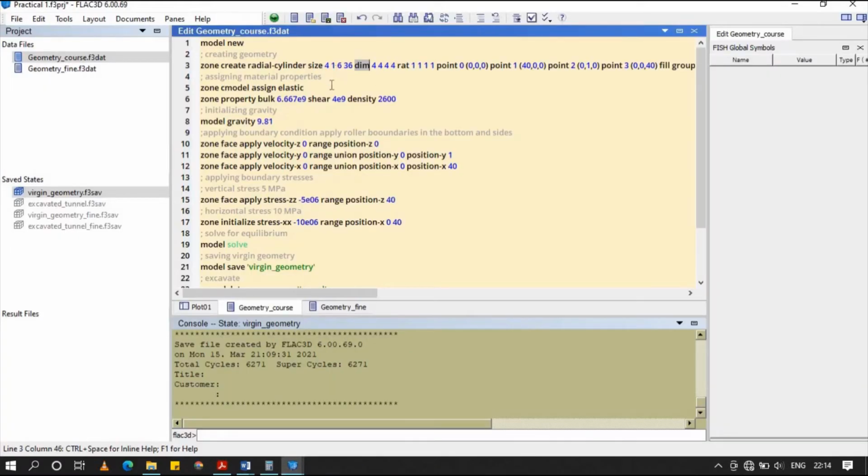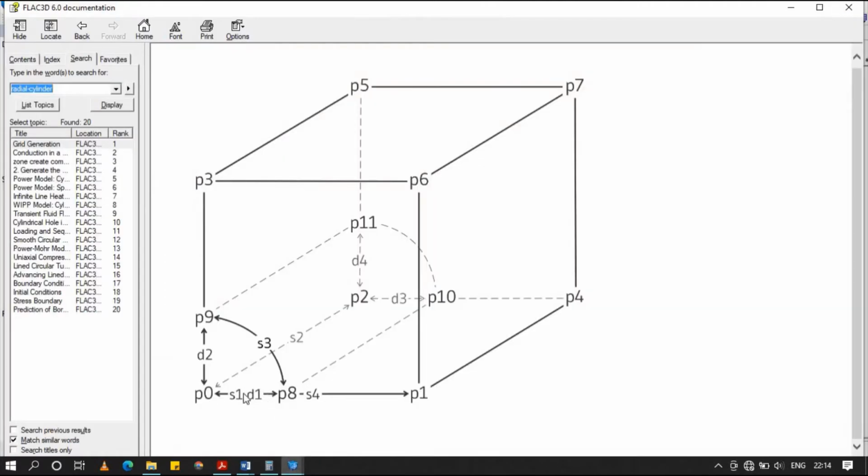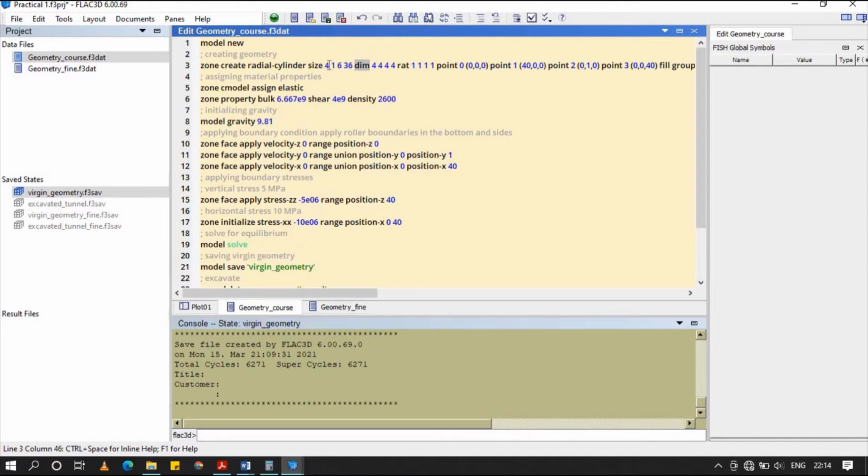Okay, now going to the size. In this dimension, it has to accommodate the size of the mesh. In the D1 direction, the size is S1. In the Y direction, the size is S2. And in this periphery, the size is S3. So this is 4. If we want to keep the mesh as 1 meter, we'll have 4 elements. So we keep size 1 as 4, as you can see here, 4. In the y-axis, it's unit, we are keeping 1.